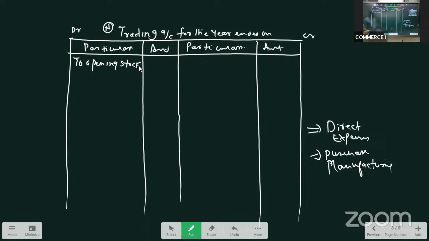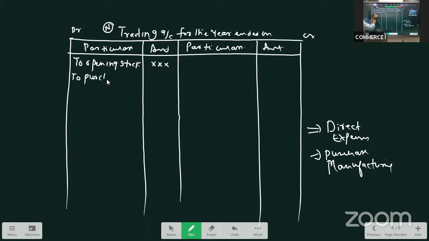For an electronic dealer, what is stock? It will be AC, fridge, TV, all these things will be the stock for him. So whatever such stock he is having, we take the value, not the quantity. We take the value of the stock. Then we take